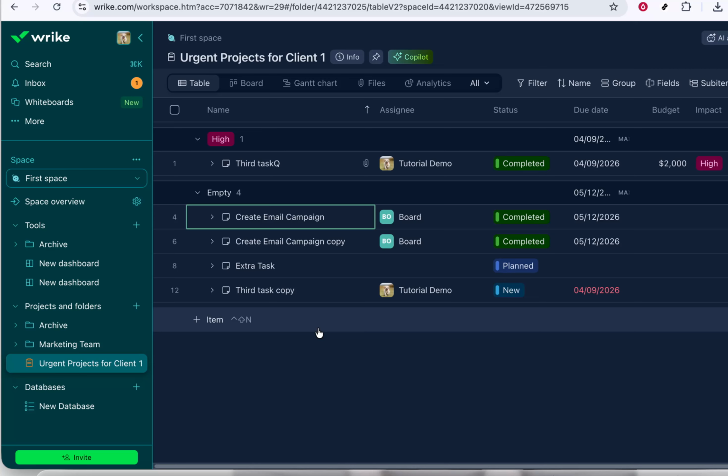So in this tutorial, I'll walk you through how to quickly bring those completed tasks back into view using Wrike's filters. First, make sure you're in the folder, project, or space where you want to see your tasks. You can do this from the left-hand navigation panel by selecting the relevant area. Once you're looking at your list or board of tasks, we're going to adjust the filters so that completed items